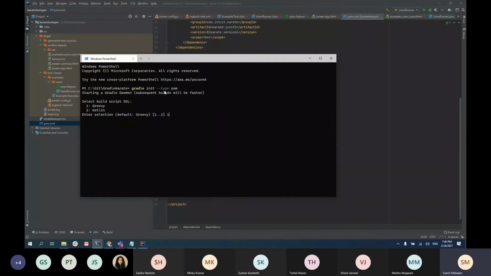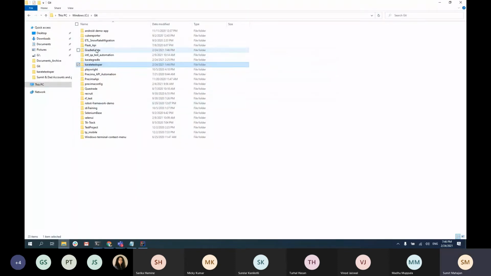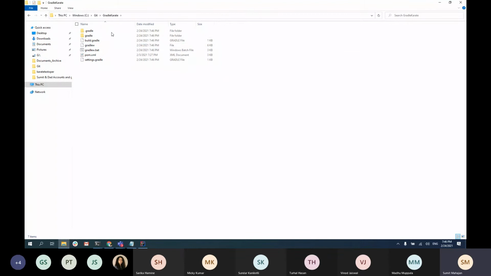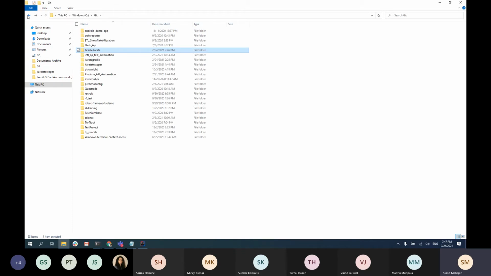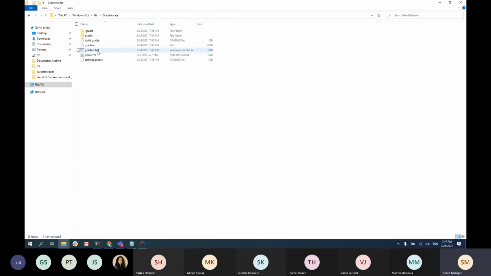I'm going to use Groovy. Okay, so when I go to Gradle Karate, I should have the Gradle project there. It creates a Gradle wrapper around your POM. You can delete your POM, you don't need it anymore.